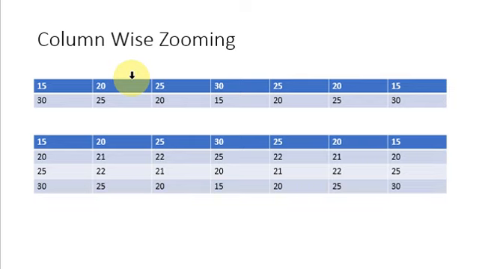So the new image size will be, the best way to calculate the formula for the dimension of the new image is to compare the dimension of the original image and the final image. The dimension of the original image was 2 cross 3, and the dimension of the new image is 4 cross 7. So the formula is K multiplied by number of rows minus 1 plus 1, and K multiplied by number of columns minus 1 plus 1.